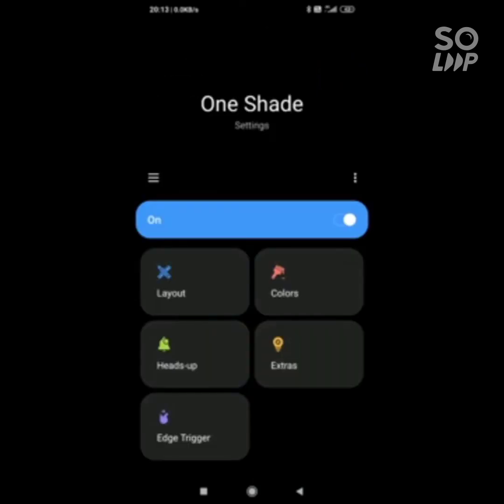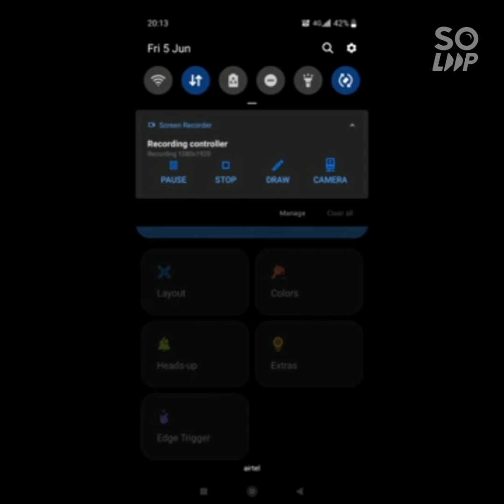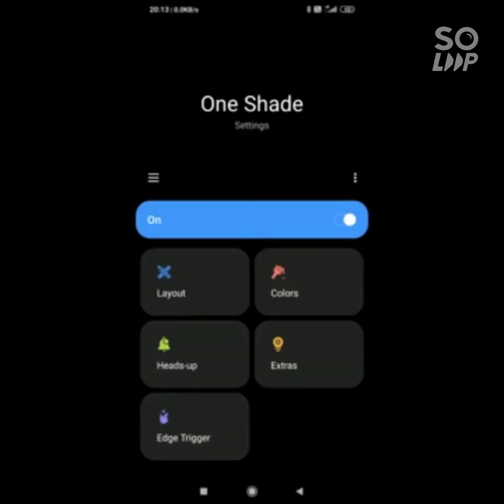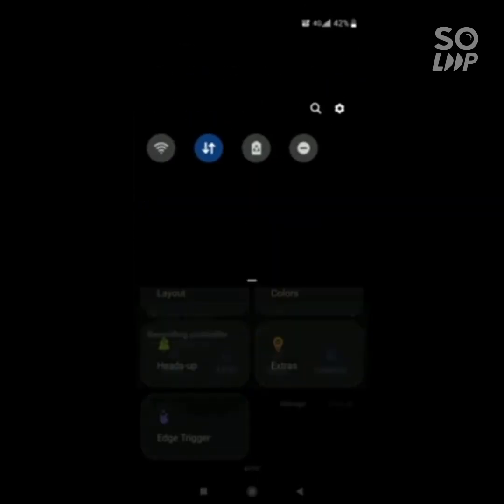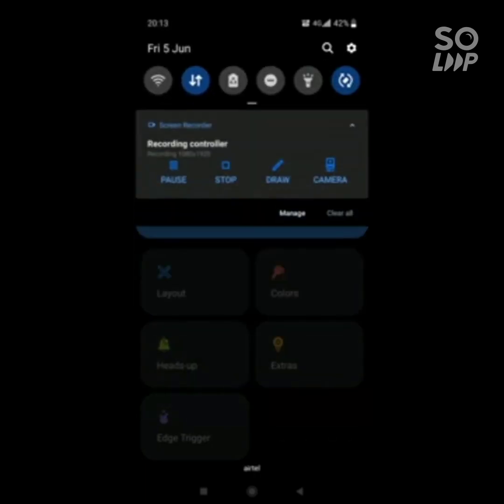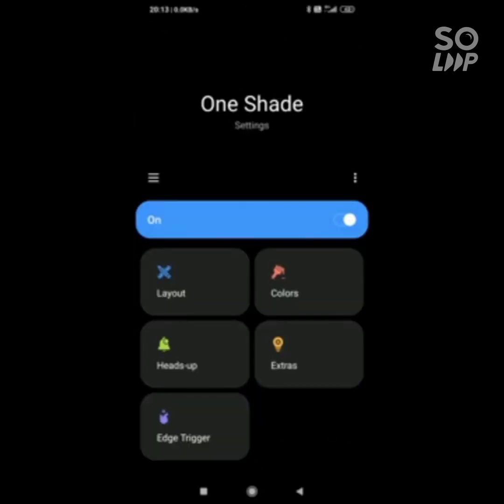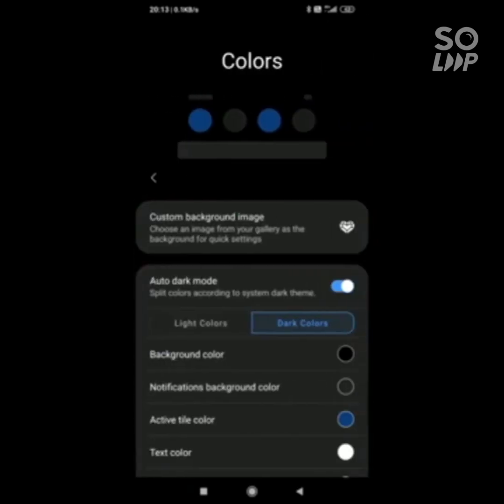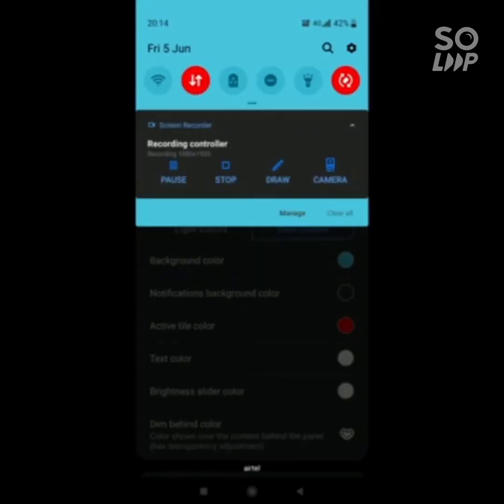Let's see whether it has been implemented. Now we can see a very cool notification panel has been set up here. All the icons have been changed. It's much more attractive compared to the previous one. We can also change the colors. It really customizes your phone in a beautiful manner.